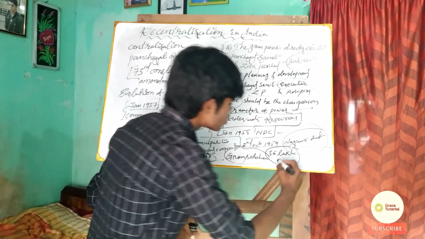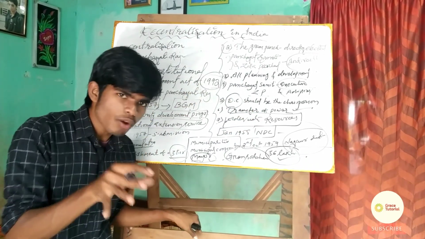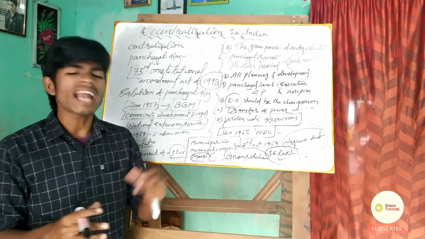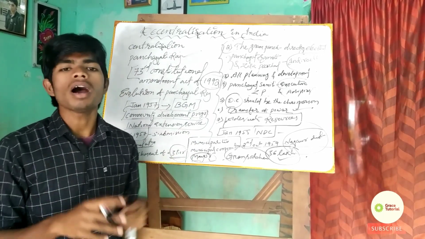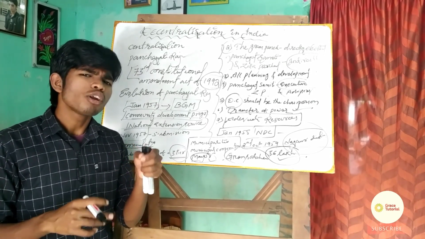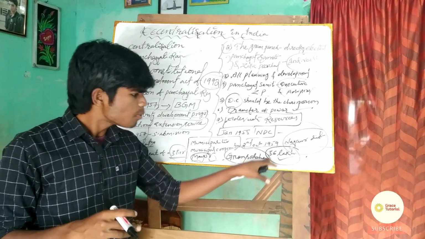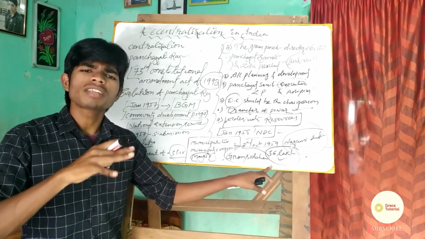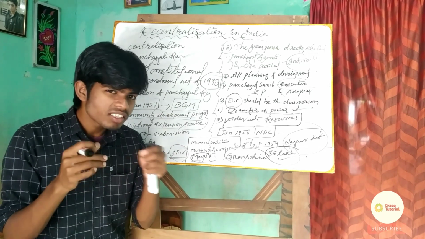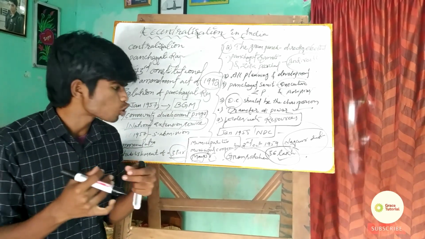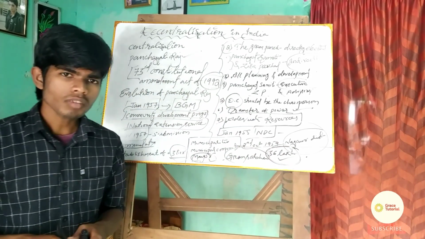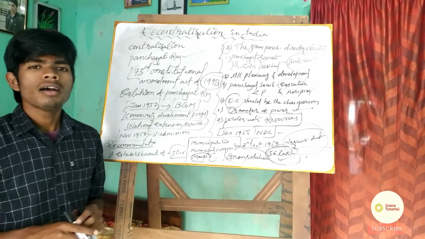Well, the data of 36 lakh elected representatives in the municipalities, the municipal corporations as well as the panchayats is a very big number, which is even greater than the population of many countries in the world. There are many countries in the world whose population is even lower than that 36 lakh. So it's a very big number.